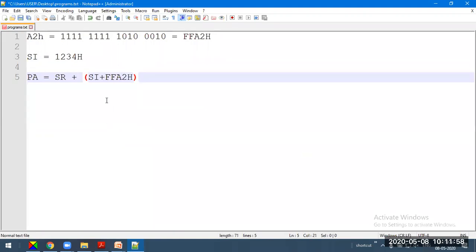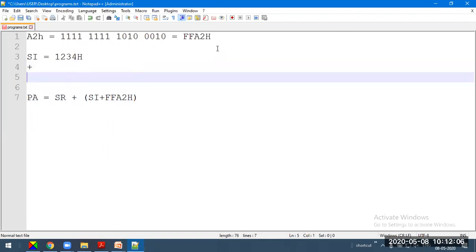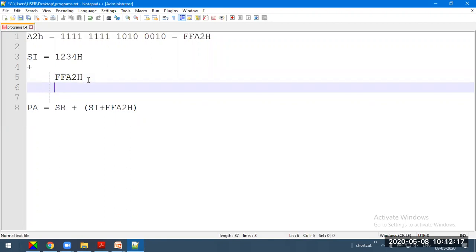So if the source index is 1234H, the content of the sign extended data, FFA2H, will be added to it. It will generate the resultant address, which is the effective address.